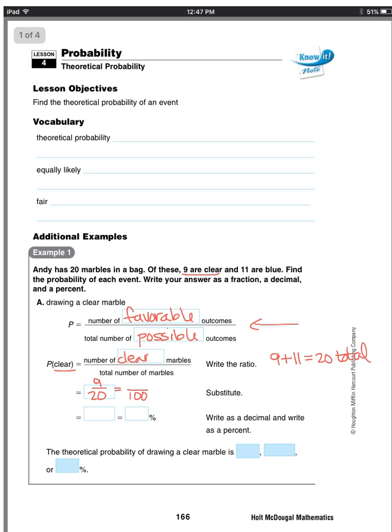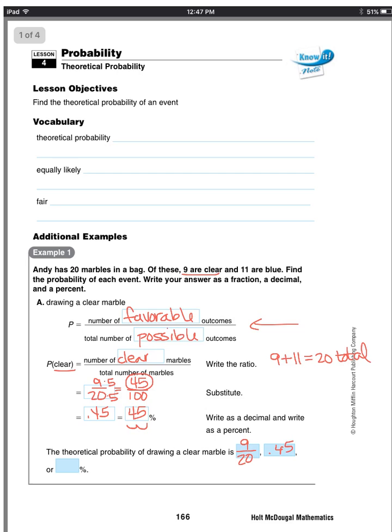And we multiply 20 times 5. 9 times 5 is 45. And that means this right there is the percent, and then we move the decimal 2 places left to get the decimal. So the theoretical probability of drawing a clear marble is 9/20,